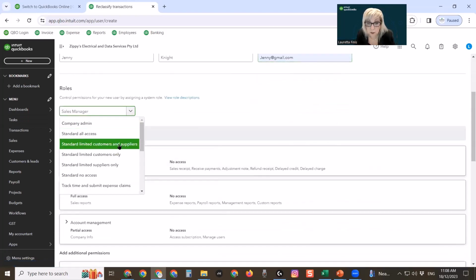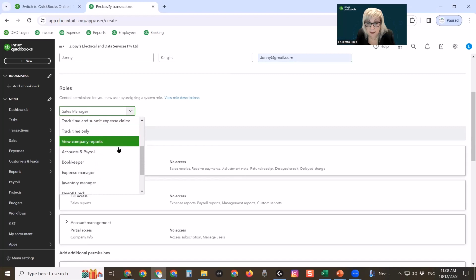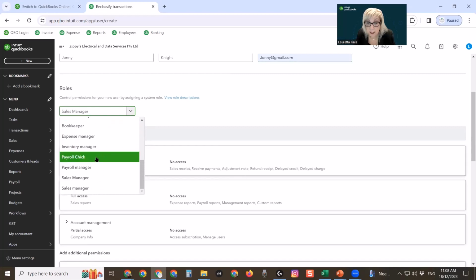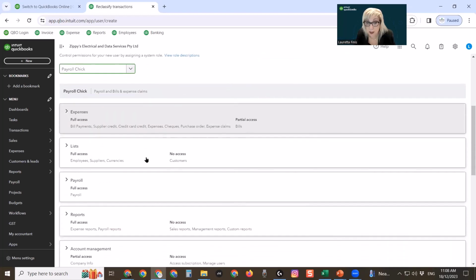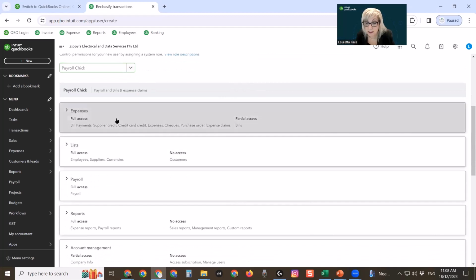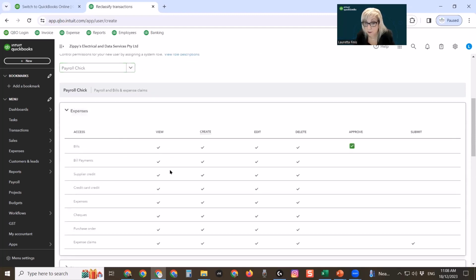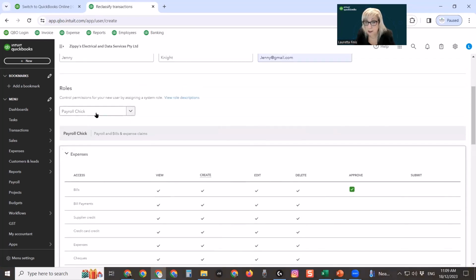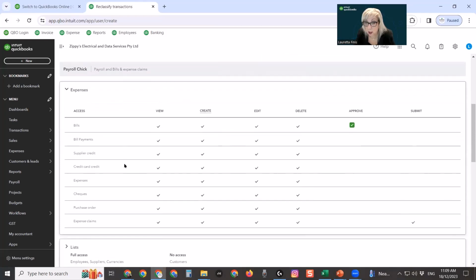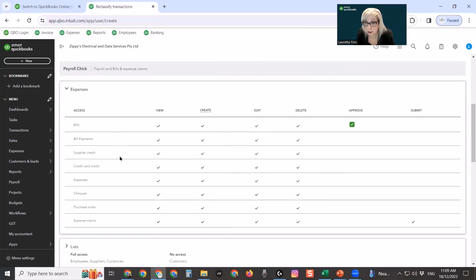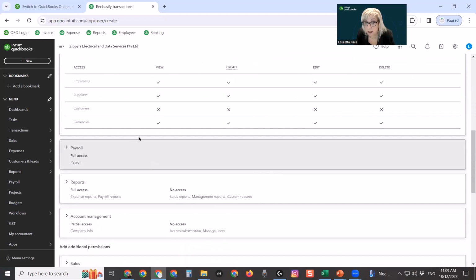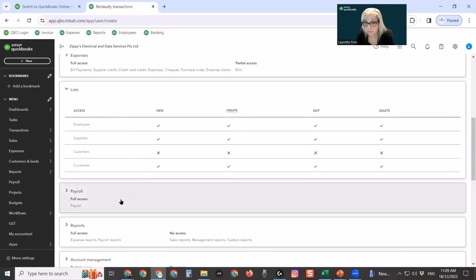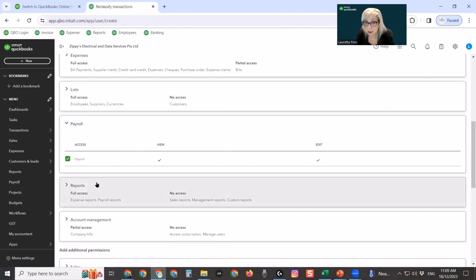Now, what do we want to set her up as? We've already got a role called payroll chick. And you can see that, yes, she will have access to bills. She can approve bills and expense claims, because when we set up the new user role called payroll chick, we set up that the payroll chick is allowed to have a look and process all these different features in QuickBooks